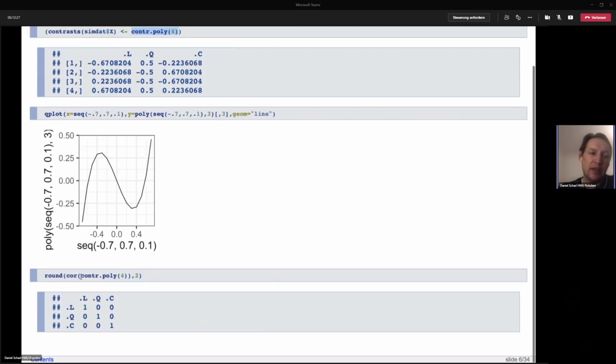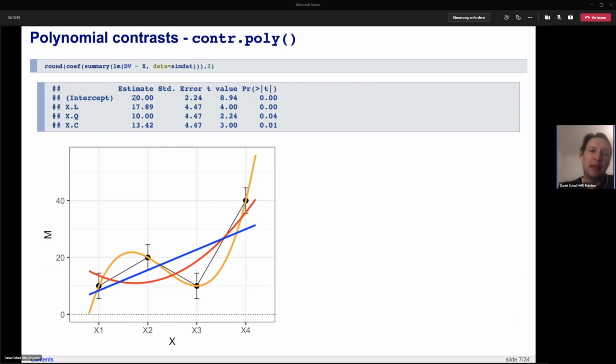And if we look at the contrast coefficients and look at the correlation matrix, you can see that the off diagonals are now 0. So these contrasts are in fact orthogonal. So that's a good thing. They should not be highly correlated anymore. So this is one thing we can do. If we estimate that,